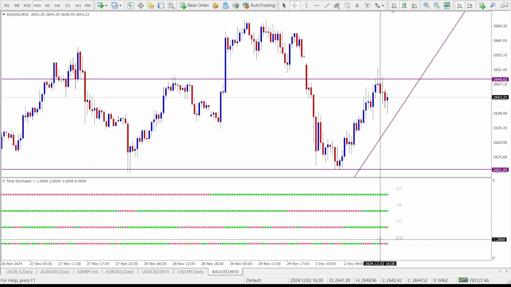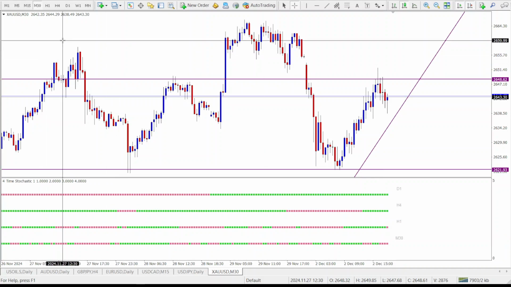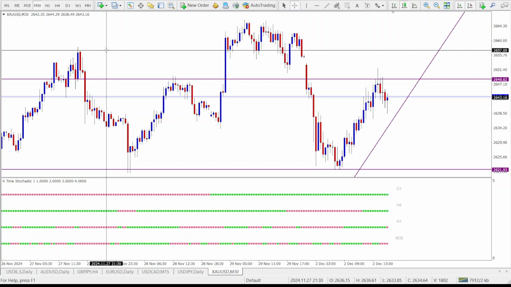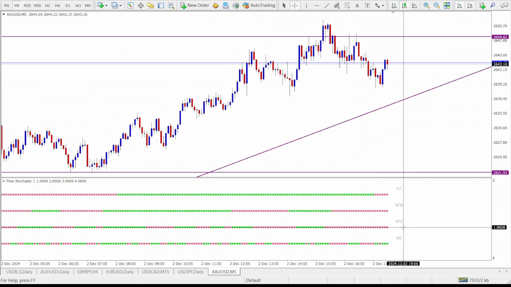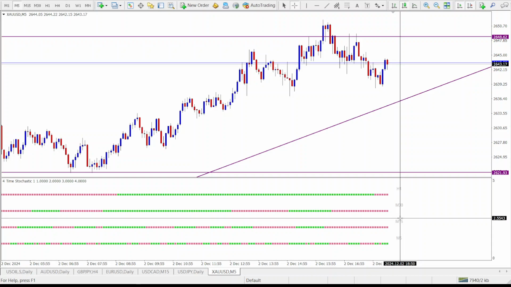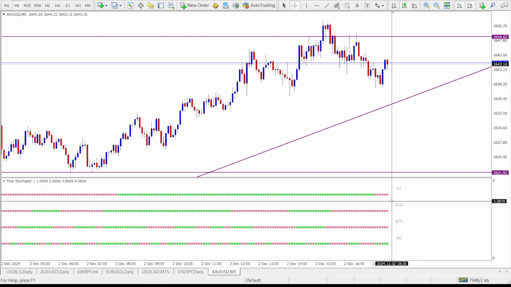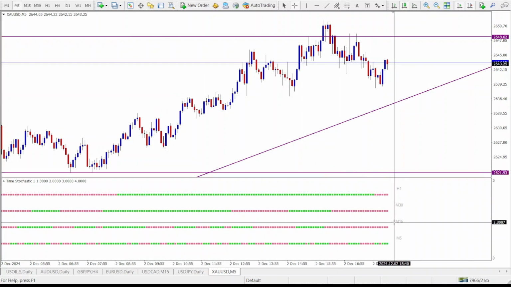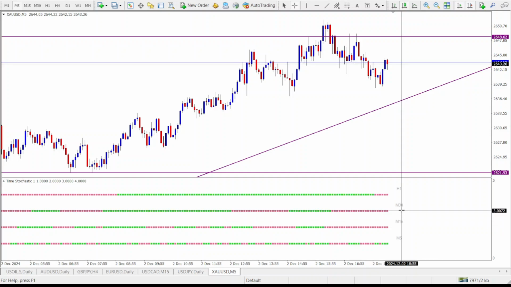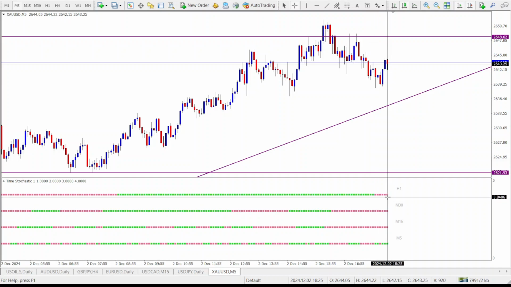Perhaps you mostly use the 15 minutes and 30 minutes time frames to trade, and maybe 1 hour in some cases. Then you might want to go to a smaller time frame so that the indicator can capture the 4 time frames that you mostly use for your strategy. So if you are a day trader, perhaps you can go to the 5 minutes and you're going to get insights across the 5 minutes, 15 minutes, 30 minutes, and 1 hour chart,